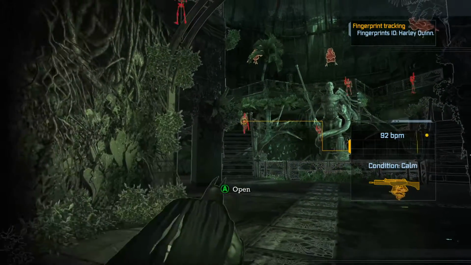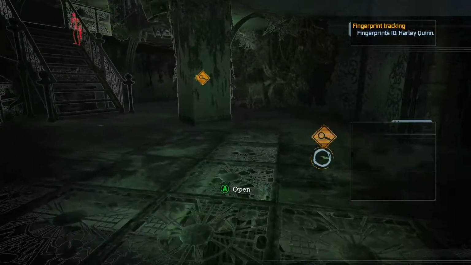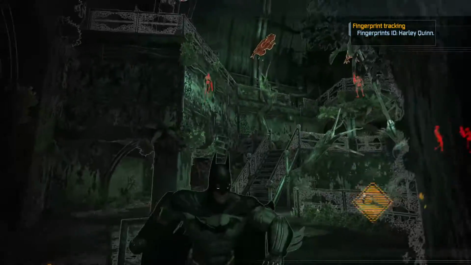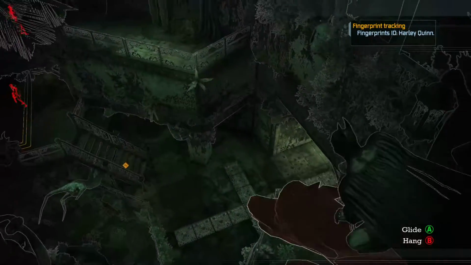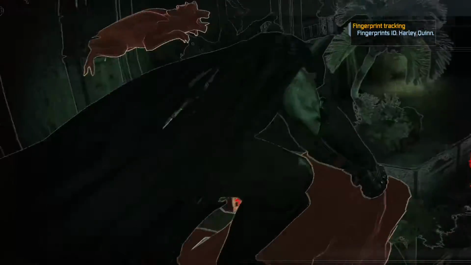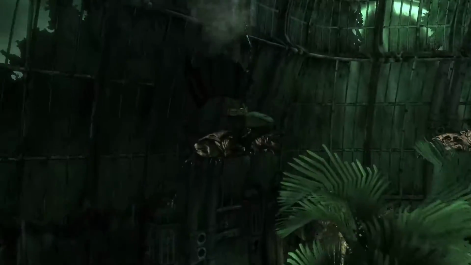Right, we've got a lot of people here. A lot of people. So I think what we do is we start up here, and when you're flying up, I don't think they can even see you. So let's go ahead and get out of here. There are two doors in this area. Man, I have still never really figured out how to